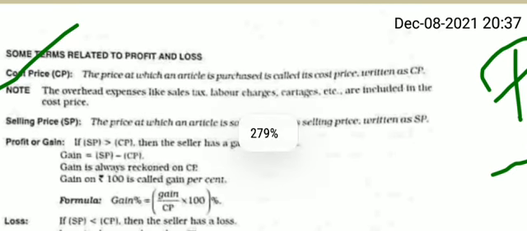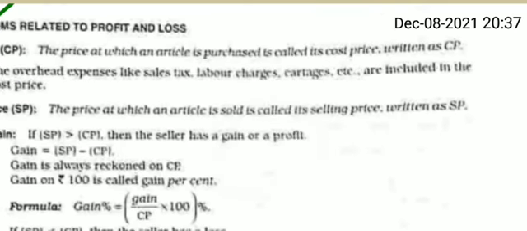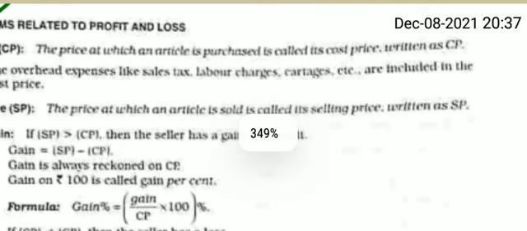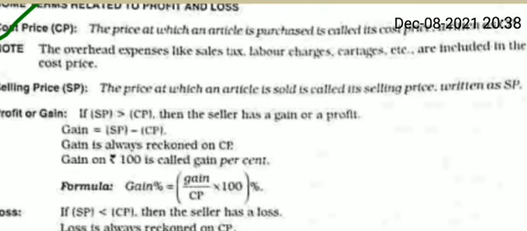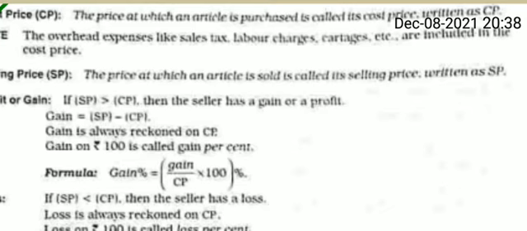The price at which an article is purchased is called its cost price. Okay, next one is selling price, that means SP. The price at which an article is sold is called its selling price. Okay,